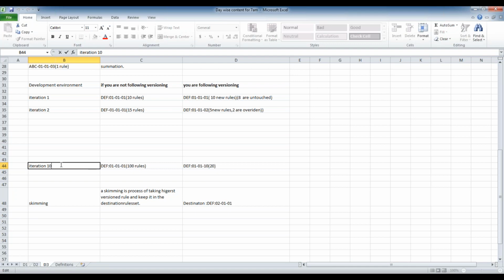There may be a lot of dependency. If you deploy just one iteration's rules, it won't work out. If you just deploy iteration 2, the iteration 2 related stuff will be there in multiple versions.